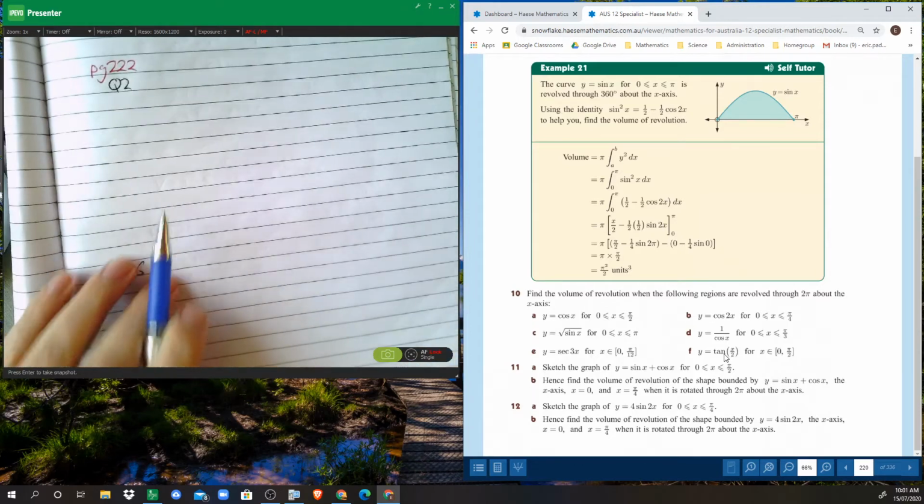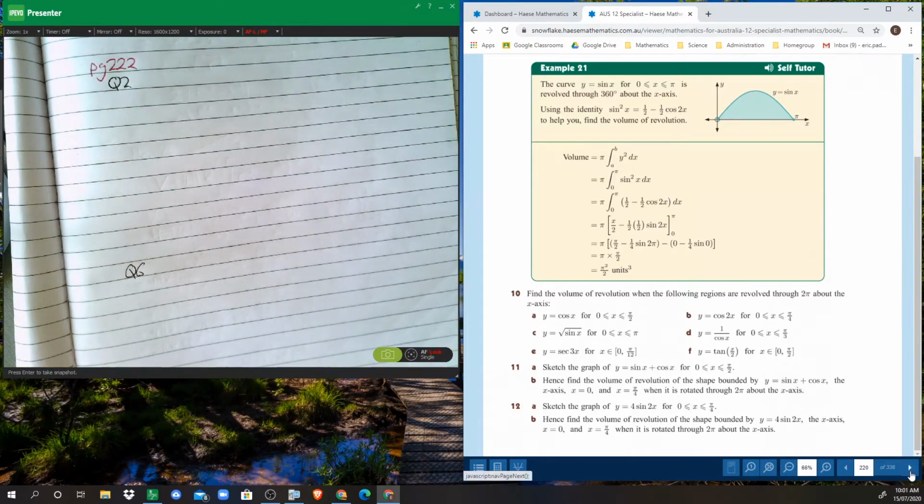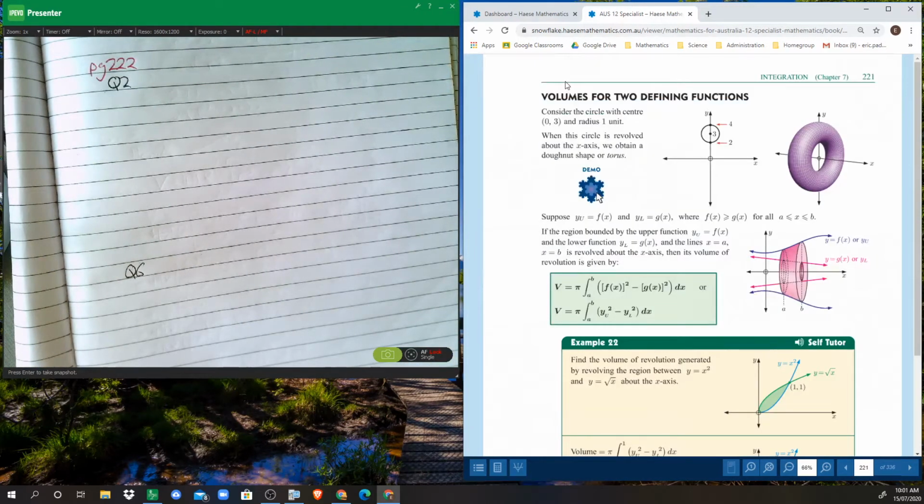All right, so let's move on to the next section. So this is now volume of 2 defining functions. So in terms of, yeah, I'm trying to make a torus. I'm trying to get the volume of the torus. We have to cut this up into 2 functions. One is